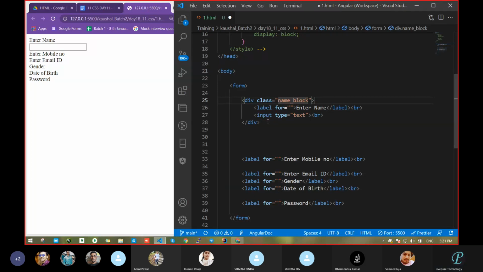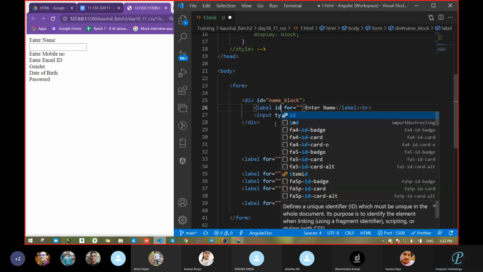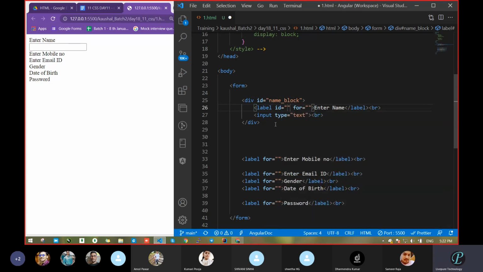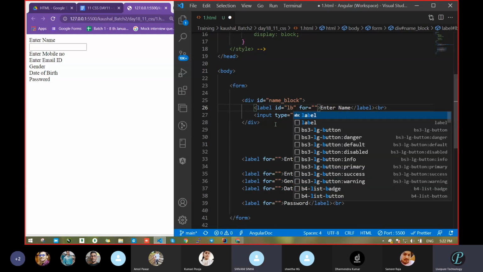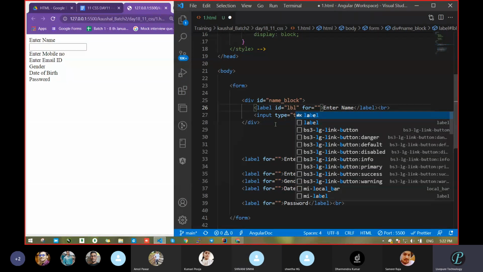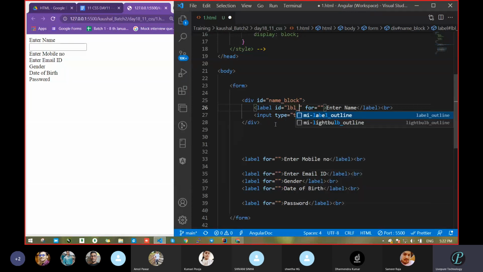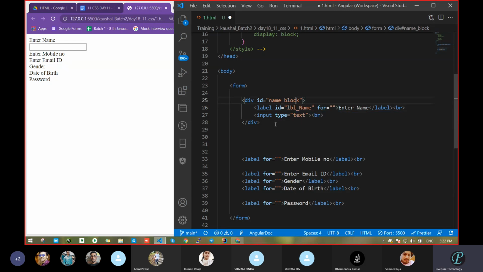Clear up to this? Yes. Pass ID and class for this also. Wait one second. Don't pass this class, pass this ID. Class is not required now. We will look at it later. Pass ID here. See, this ID and class is not only for the form section, it has to be passed in all sections. So what is this actually? The name label. Pass name label. First pass LBL for label, and then name. You can pass underscore name, but don't give it a small letter. Pass the first letter as capital. Do the same thing here, that is B.